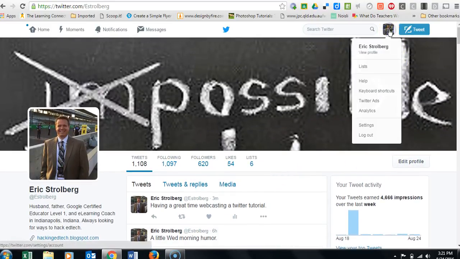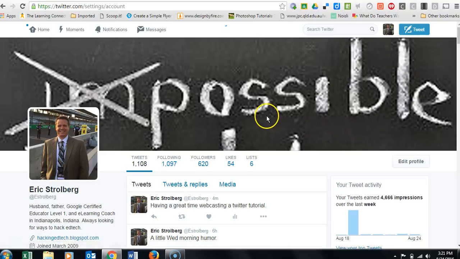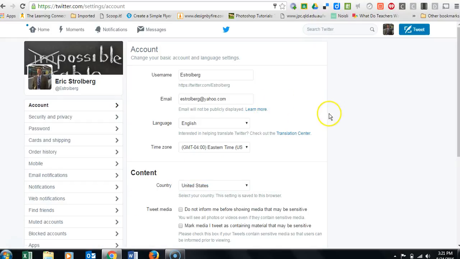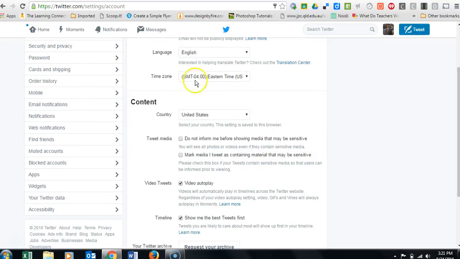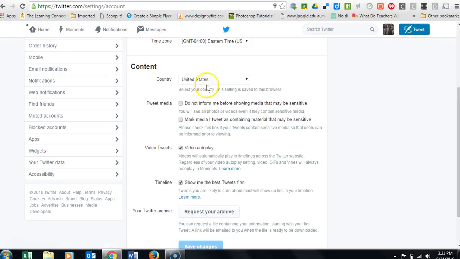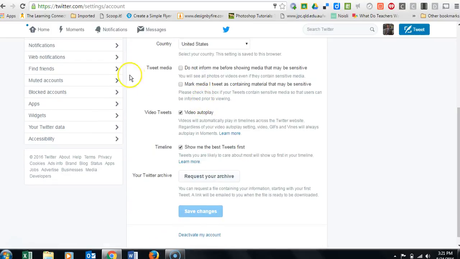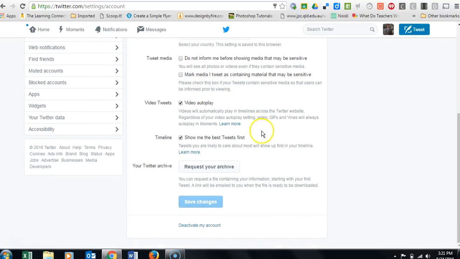You can also, from this, we'll get into lists in another challenge. There's keyboard shortcuts, help, and some of the basic settings is one that you may go in. This is where, when you set up your account, if you need to change something, you want to change your username, change the email it's attached to. But anything here, the content, you can go through all these yourself. They're all just basic